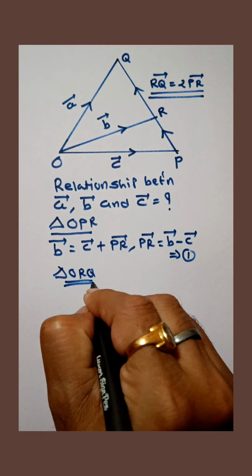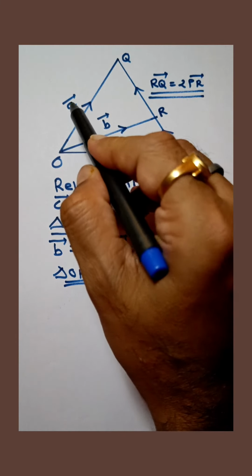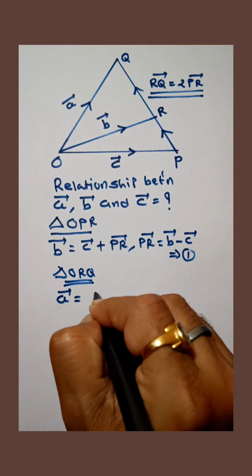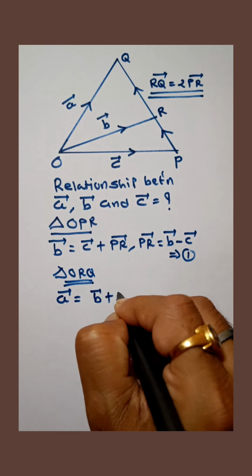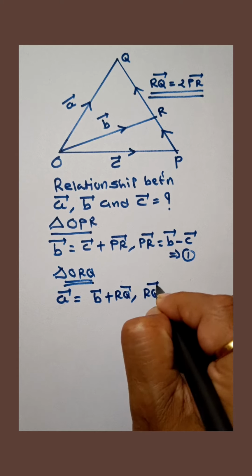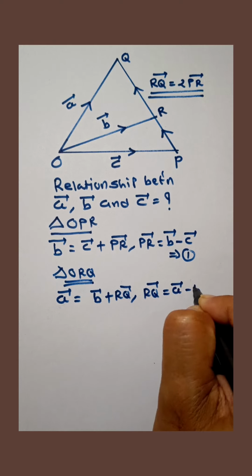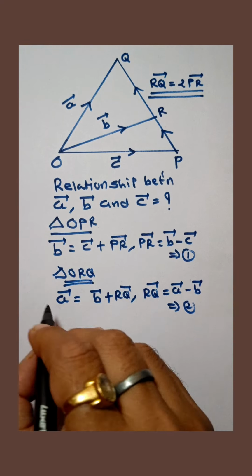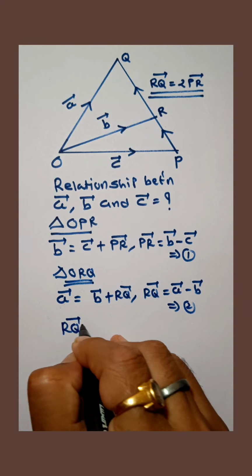which one is the resultant vector? Here A is the resultant of B and RQ. So A vector is equal to B vector plus RQ vector. From this, RQ vector is equal to A vector minus B vector. Equation number 2. But in the problem it is given that RQ vector is equal to